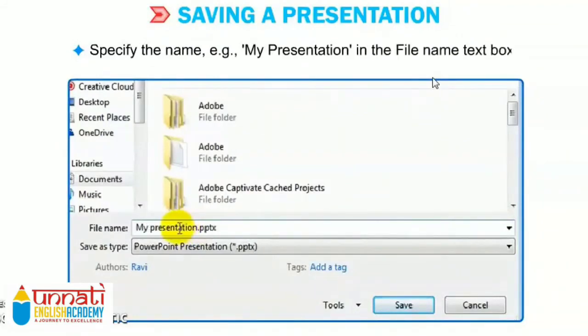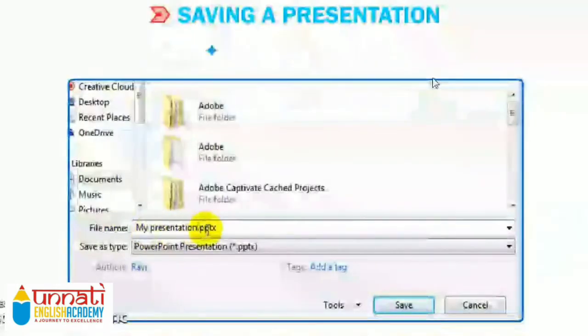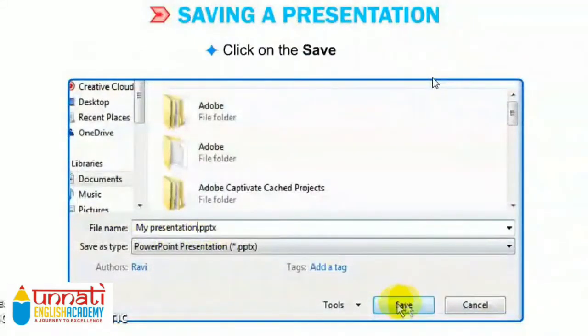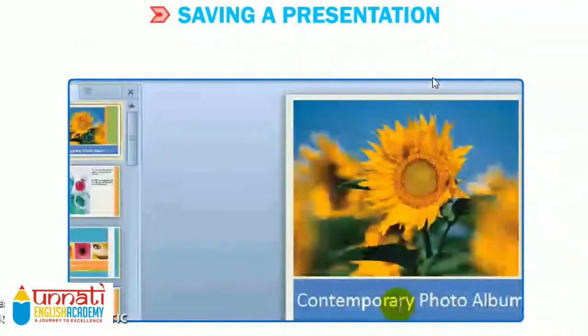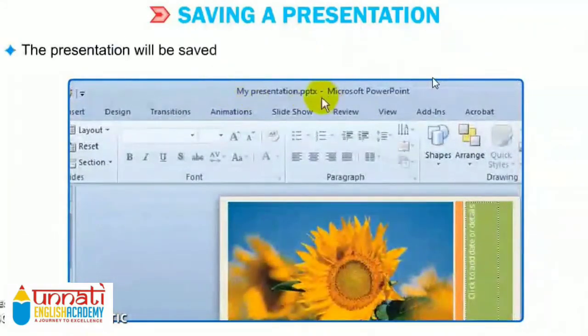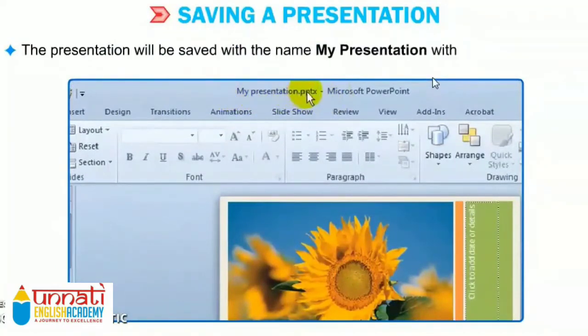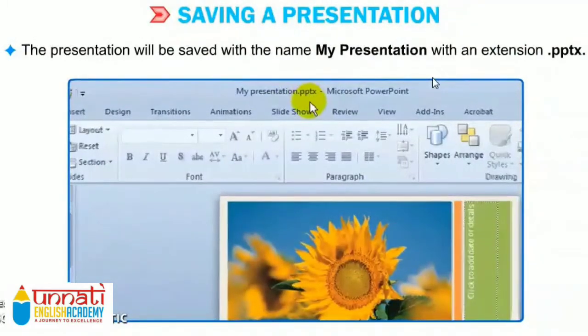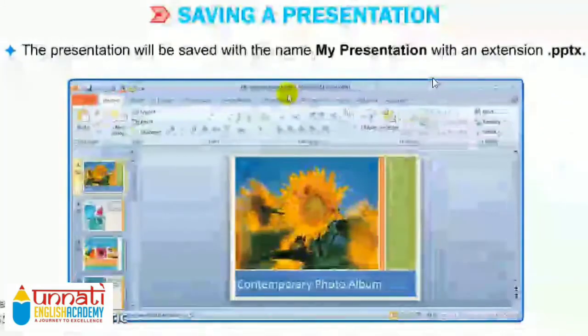You have to type this in the File name text box. After typing the file name, click on the Save button. Now, the presentation will be saved with the name My Presentation and it has the extension .pptx. So remember the extension of the PowerPoint file. What is the extension? .pptx.